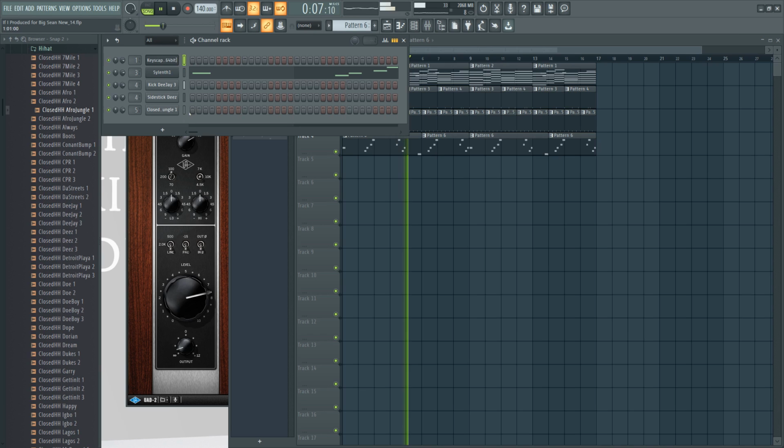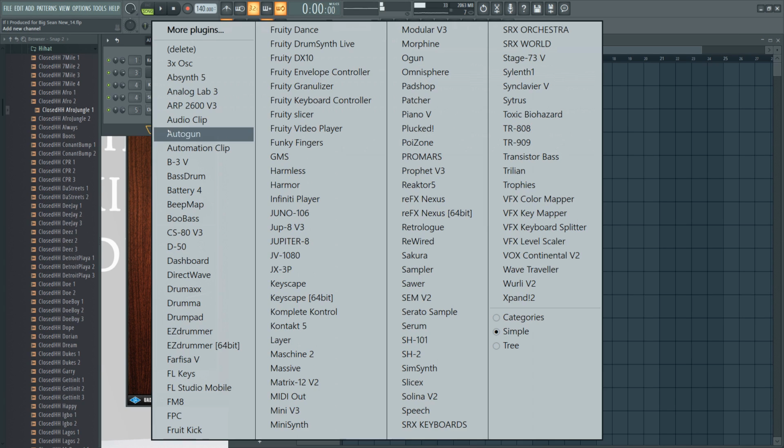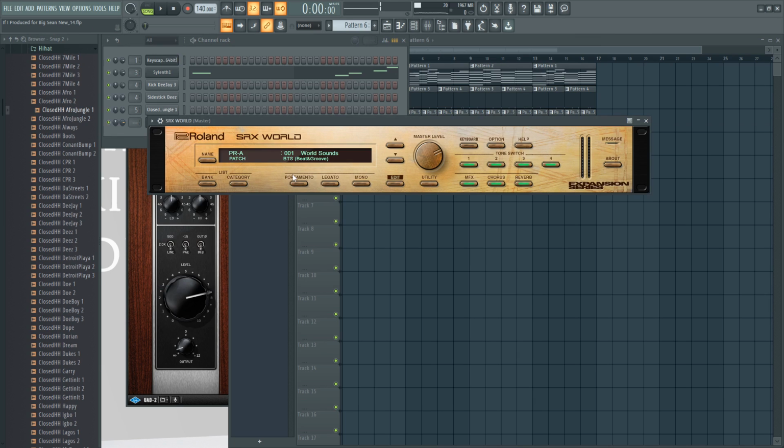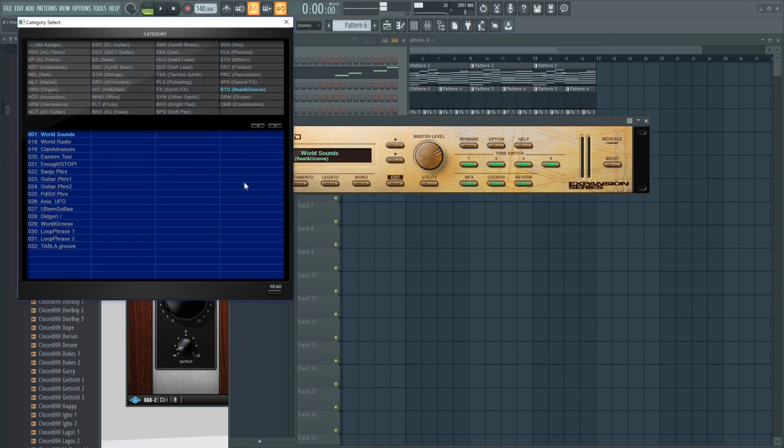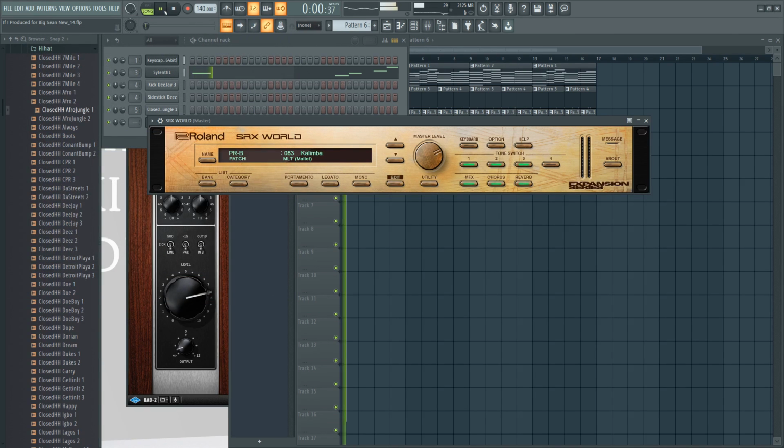I'm trying to decide. Let's do the SRX from Roland. SRX World. I'm getting into these sounds. I'm going to do like an improv thing that I just did, but with different sounds here. So let's start with, I think we were at mallet before. Where do we end up? Let's see if any of these sounds blend in. This does pretty dope. So again, I'm just going to freestyle.